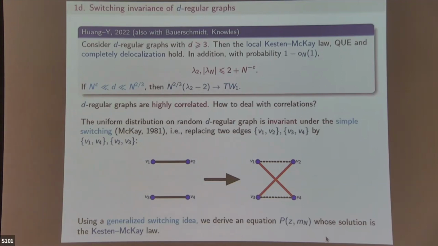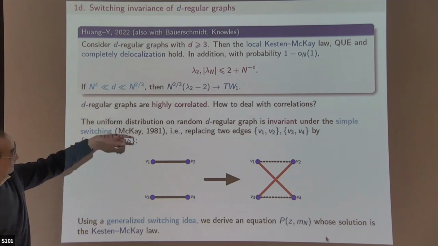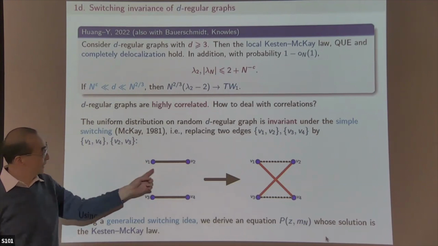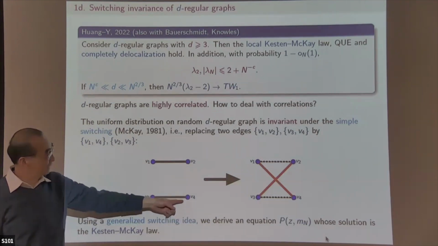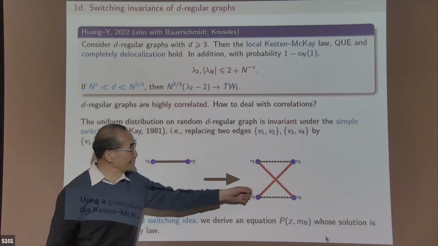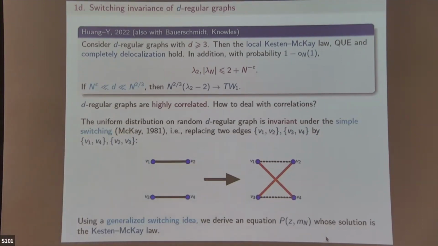What does that mean? You're generating a random walk on the graphs? Yes, it's also true in terms of a random walk. What happens is, if you choose randomly two edges with four vertices, and now you randomly switch them, this is the dynamics. You're looking at this random walk on the space of regular graphs. That's right. And now this dynamics leaves the